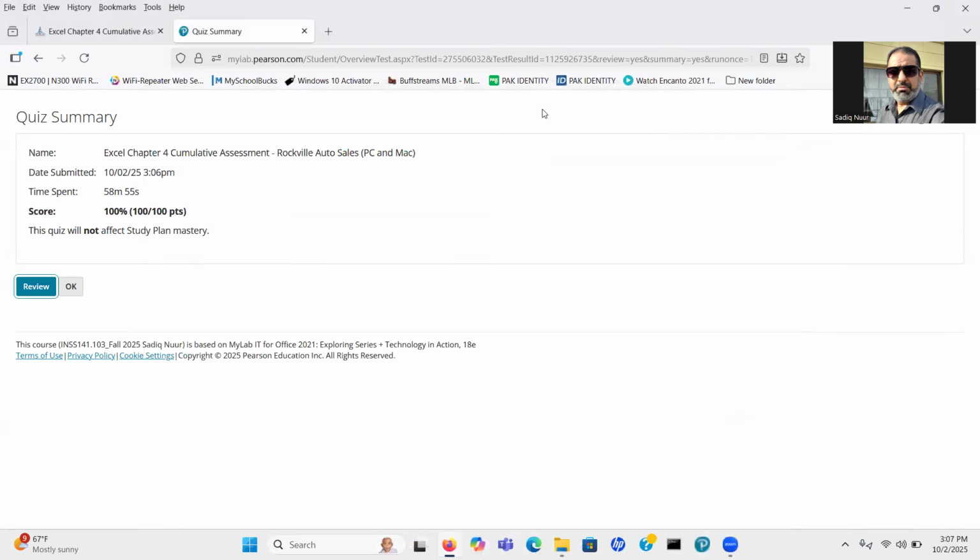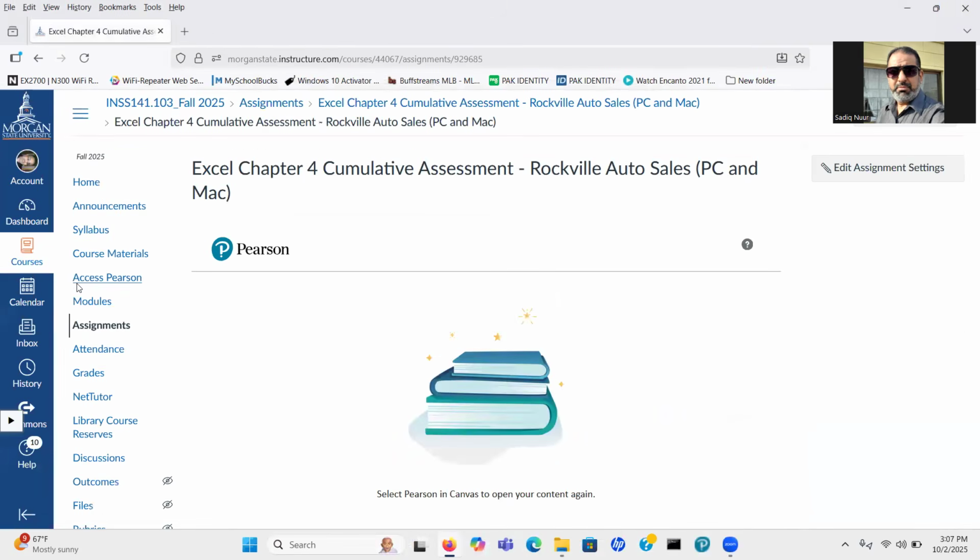So with that, I will close. I will click OK. I am back in Canvas. I hope that you have learned the steps and you comprehend the concept of how to convert the data into a table and then how to sort the table information. And also we worked on how to use formulas in a table. So you need to practice.